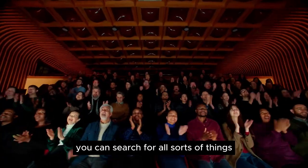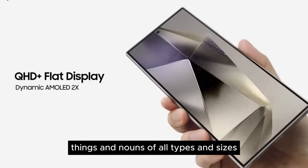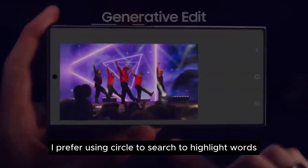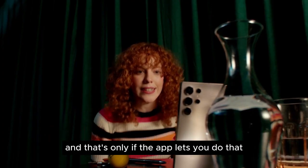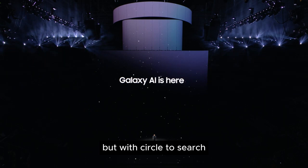You can search for all sorts of things using Circle to Search: people, places, things, and nouns of all types and sizes. I prefer using Circle to Search to highlight words and phrases that I want to store for later. It's quicker than attempting to long press and underline the text, and that's only if the app lets you do that. Apps like Instagram won't let you touch the typography, but with Circle to Search, I can long press and